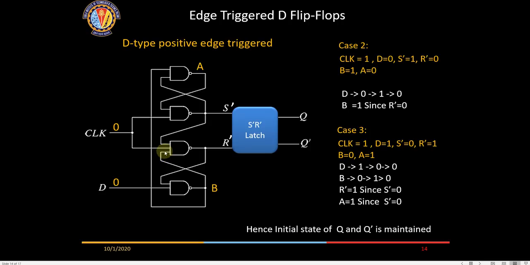So that change will keep happening out here, but set is 0 here. That 0 will ensure that reset is 1. So whatever change is happening in B doesn't get transmitted to the SR latch. Same, that change in B is coming here, but if you see, set dash is 0. That set dash 0 is available here also, so that will also disable this NAND gate and A will not change. A will continue to remain 1 here. Okay, is that condition clear?